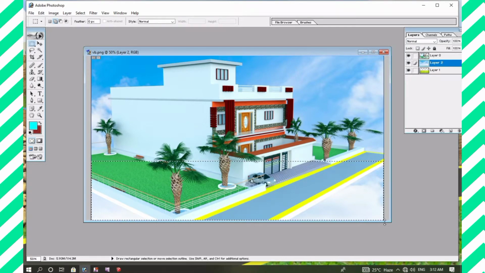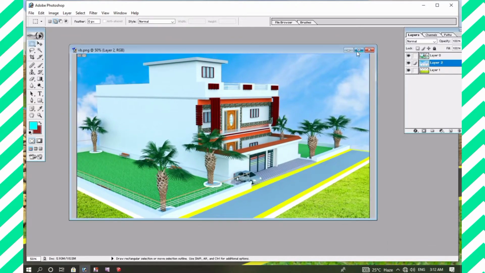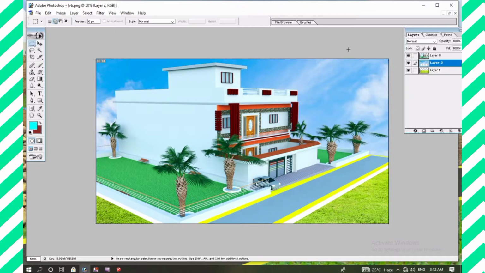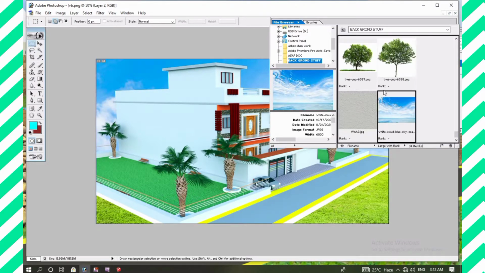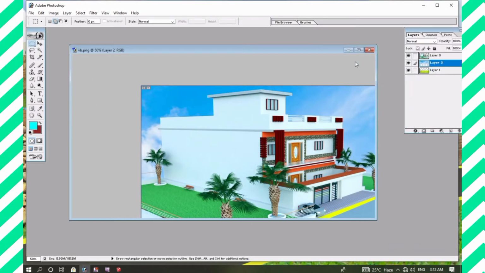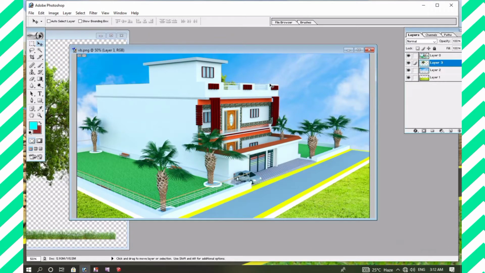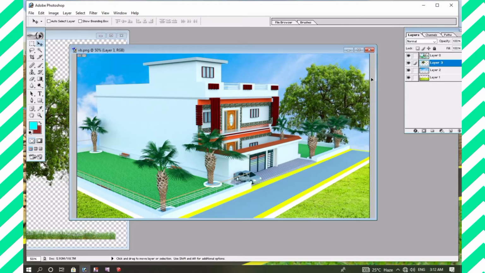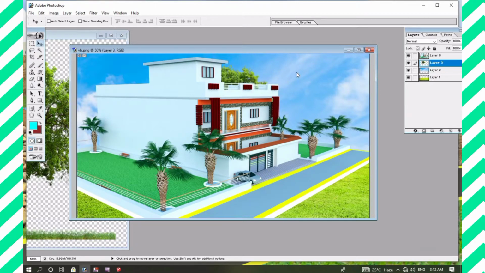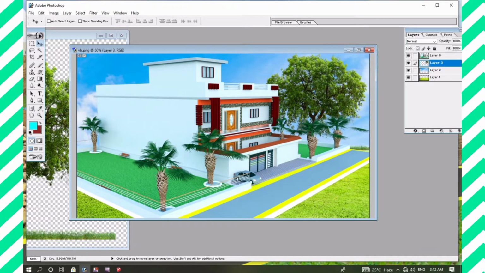If I delete this portion, you can see the third layer is visible to us. Now dear friends, if your image is okay, fine; if not, I will try to add some extra background. Again I am using this tree for this image. I will drag this one and select the proper location which is good for this background.